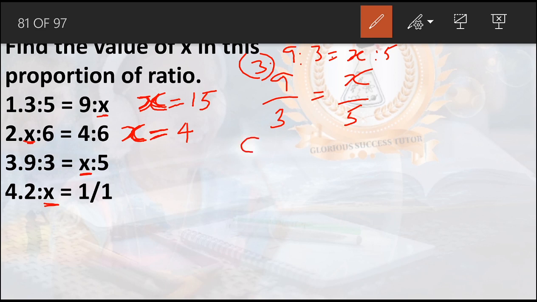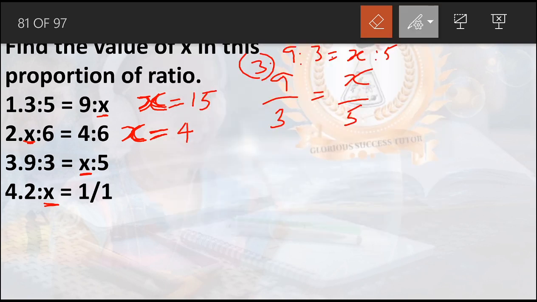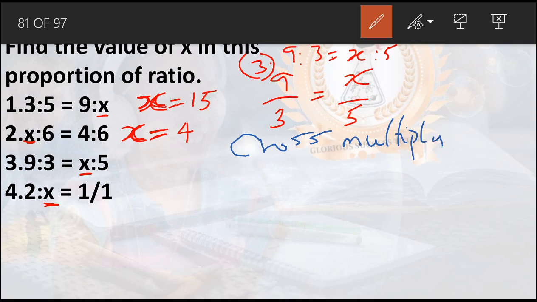Cross multiply. Excuse me, let me erase this and write it neatly. Cross multiply. So let's go back now. Cross multiply, we have 3x, 3 times x, 3x equals 9 times 5, that is 45. Easy, right? x equals